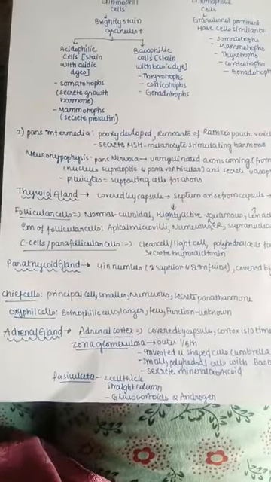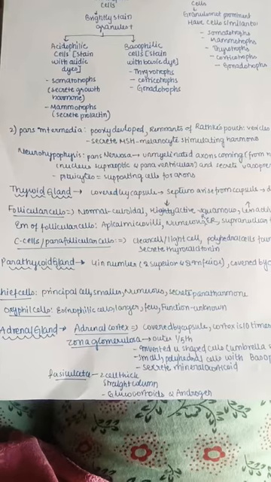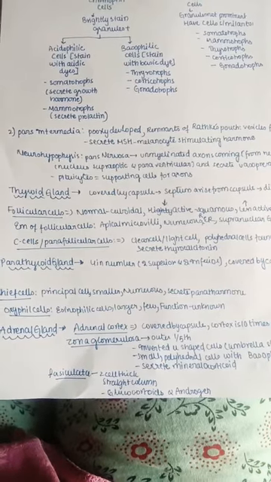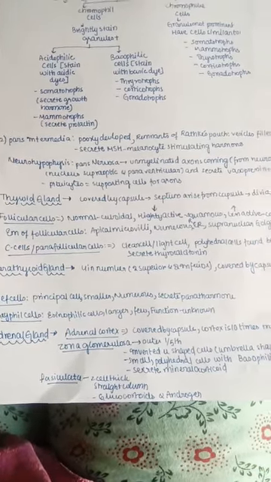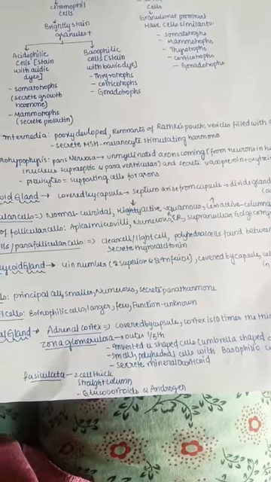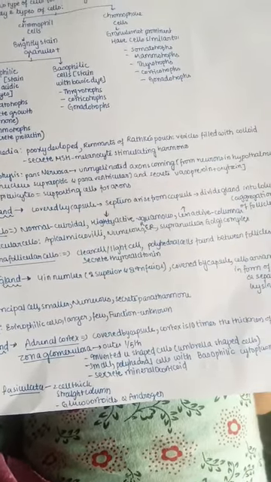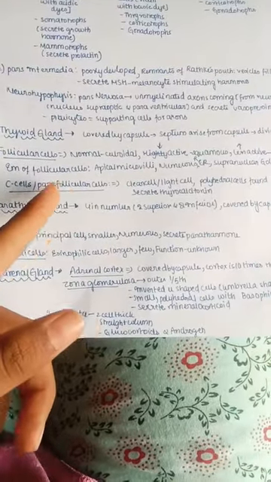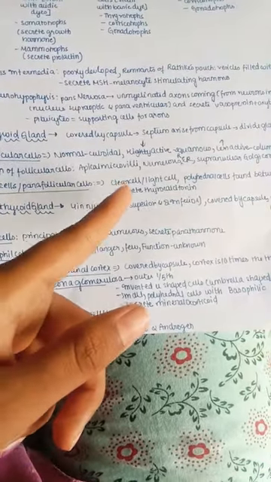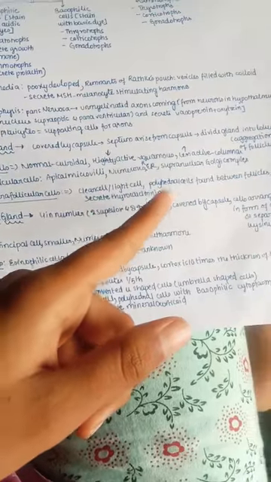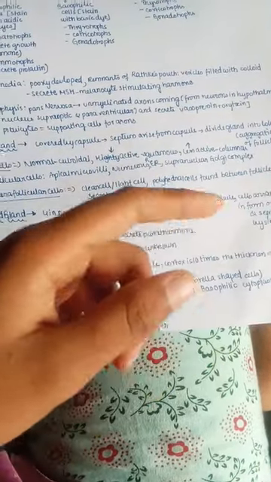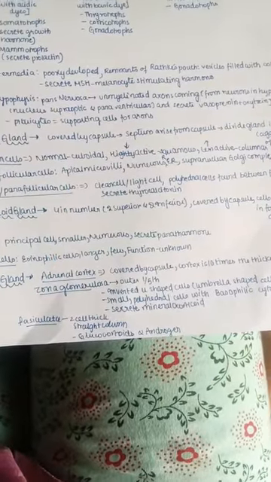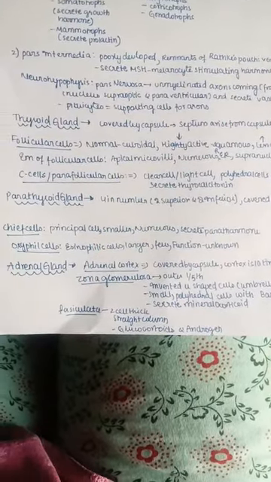So what is the electron microscopy of follicular cell? Whenever we see in electron microscopy, we see apical microvilli. They have microvilli in the apical part, and numerous rough endoplasmic reticulum are found, and also a supranuclear Golgi complex is present. So what are C cells or parafollicular cells? Actually these are the cells which are also known as clear cells or light cells. They are polyhedral cells mainly found between the follicles. So they are like scattered type. They are present in between the follicular cells. So they secrete mainly thyrocalcitonin.